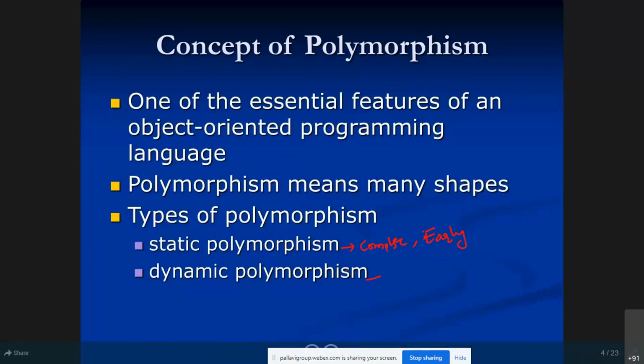This dynamic polymorphism you can call late binding or runtime polymorphism. So static polymorphism we can call compile time or early binding. This one is late binding or runtime polymorphism.